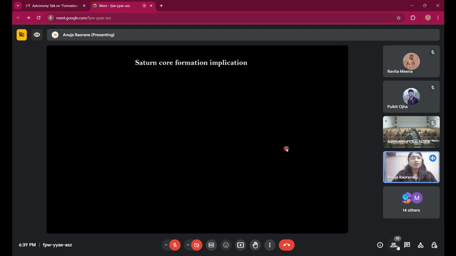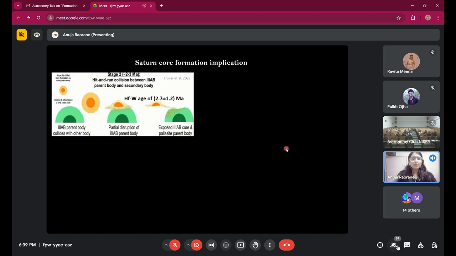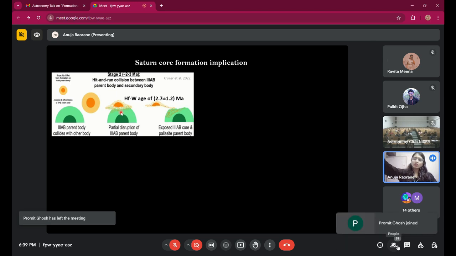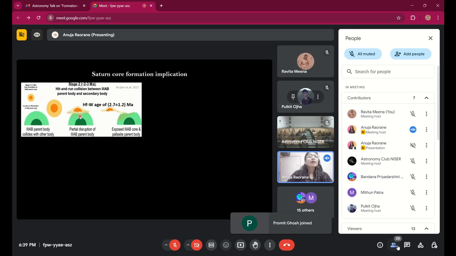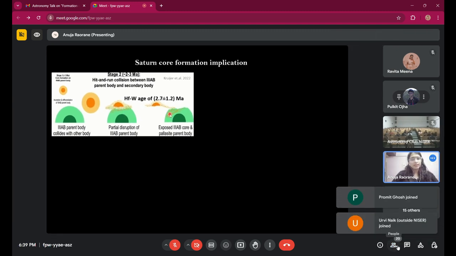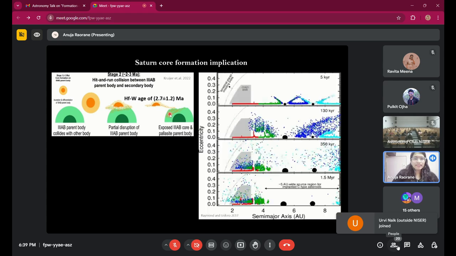Secondly, Saturn co-formation implication. There's something called impact resetting of these meteorites. Basically, they have differentiated, but due to some high impact, their ages get reset. Kruger et al., the same group, had again posted a paper in 2022, which had given a particular meteorite, Eagle Station pallasite, which belongs to the carbonaceous outer solar system group, and that age was around 2.7 million years. And why does this impact happen? That time they had hypothesized that